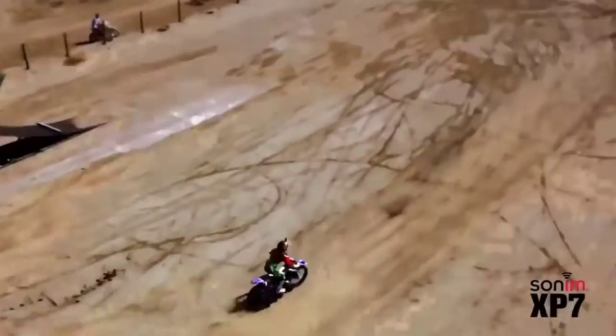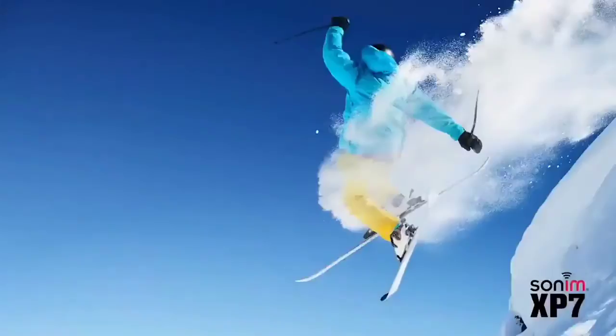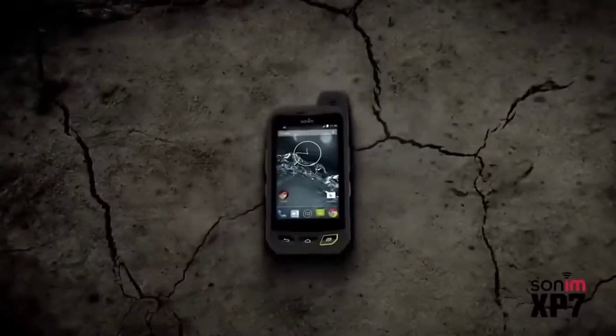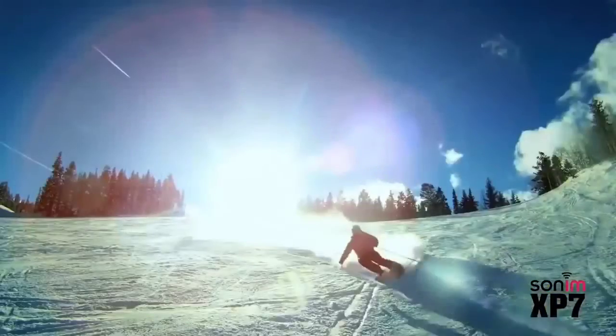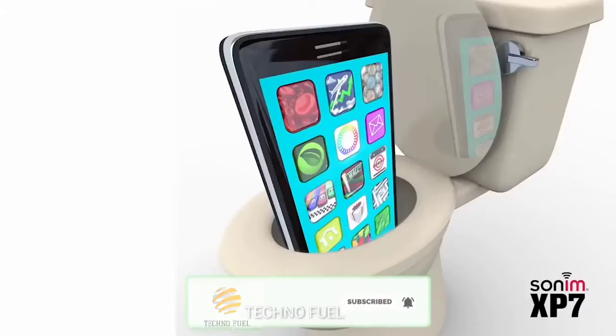Sony XP7. The fully waterproof Sony XP7 is ideal for yachtsmen, fishing enthusiasts, canoeists, rafting lovers and anyone who enjoys water sports. Wave salt spray, storm winds and rain are not a problem for this ultra-reliable smartphone. With the help of the Sony XP7, diving enthusiasts can make unique underwater photos and videos, and then share them on